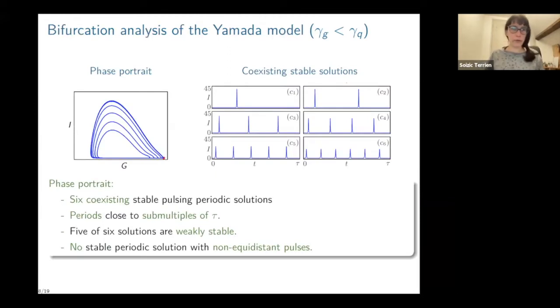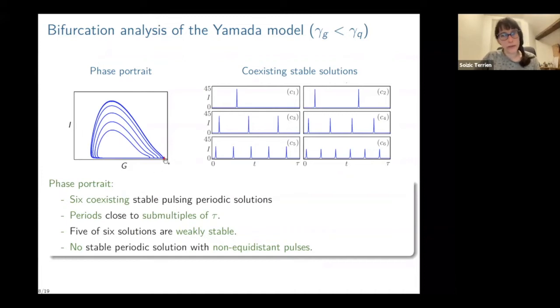Okay, so if we want to explore a bit more these pulsing dynamics, we can perform a bifurcation analysis of this Yamada model with feedback. This is done using DDE-BIF, a numerical continuation tool dedicated to delay differential equations. For one fixed value of the feedback delay and one fixed value of the feedback strength, which corresponds at least qualitatively to the experimental configuration, we obtain a phase portrait like this one, which is represented here in the gain